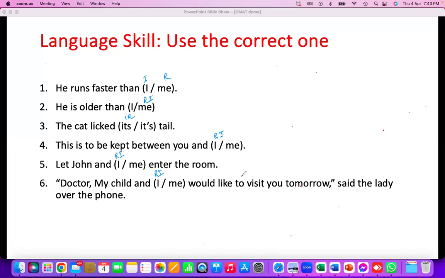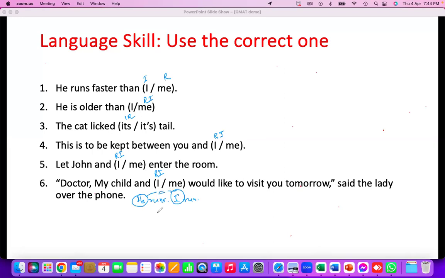Now, let me explain. And then I'll come to which one is that. So let's say you have a sentence. The sentence reads as he runs. And another sentence is I run. Fine. There are 2 sentences. He runs, I run. Here in the first sentence, he is the subject. In the second one, I is the subject. Now, if you want to compare these two subjects, you will have to merge these two sentences